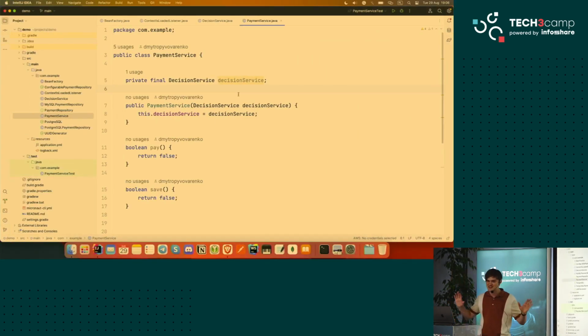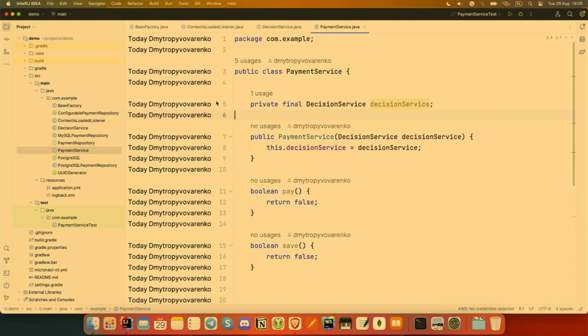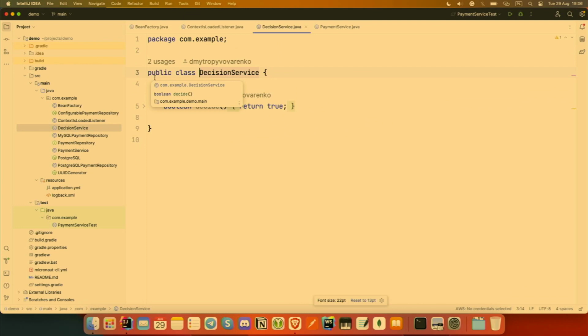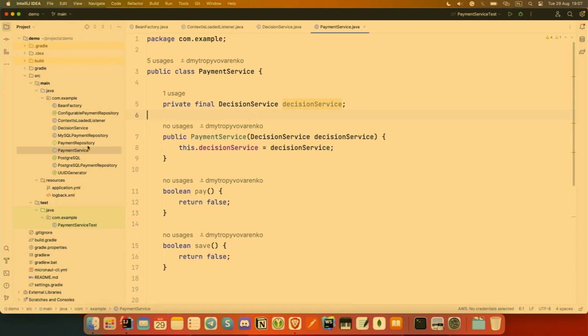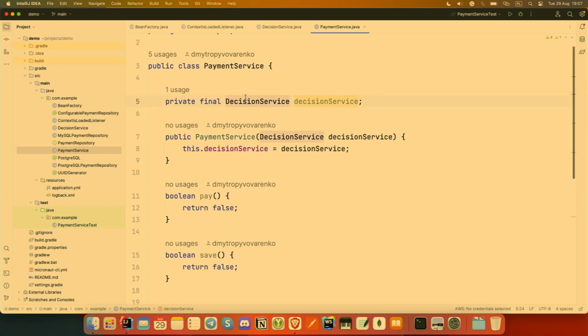Let's make a lean startup of payment providers, right? We're going to implement some small application, and based on some conditions, we're going to make a payment or not. Spoiler: we will always make the payment because we're a startup. Here we have a decision service. Let me increase it. We have a decision service, quite a simple one. It only returns true. And based on the decision service, we try to understand whether the user can pay something or not, right? Typical scenario, we do injection through the constructor and then use this decision